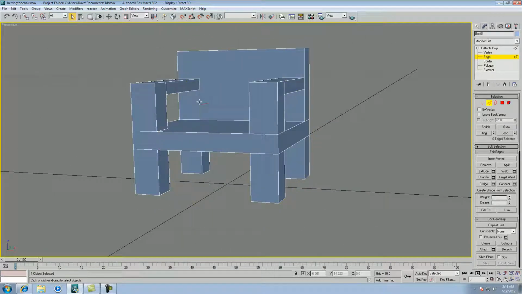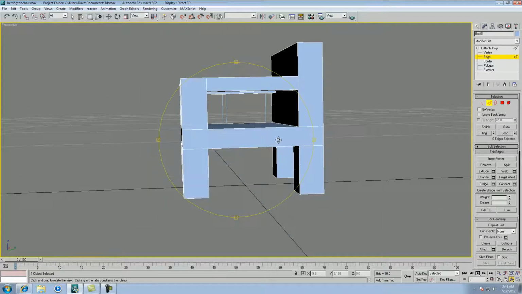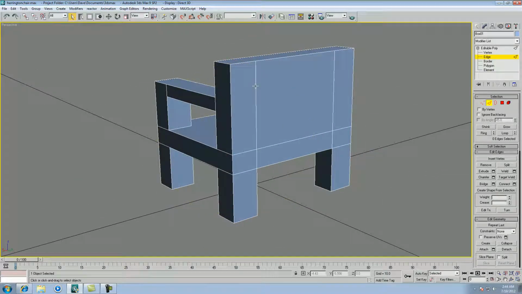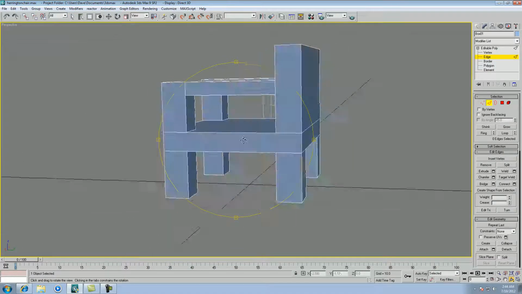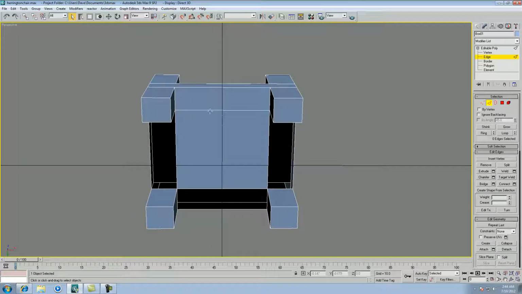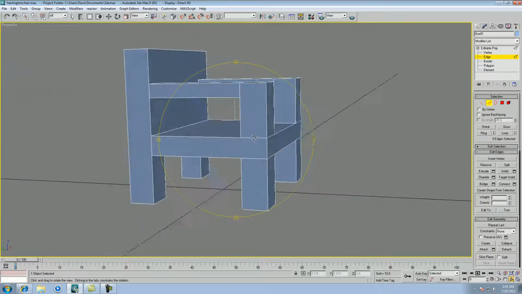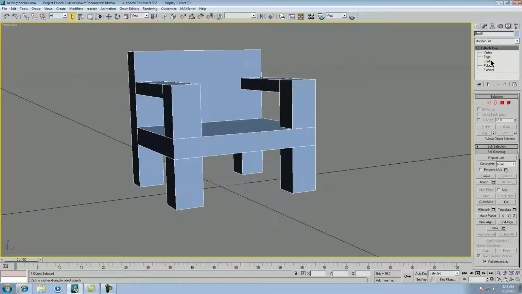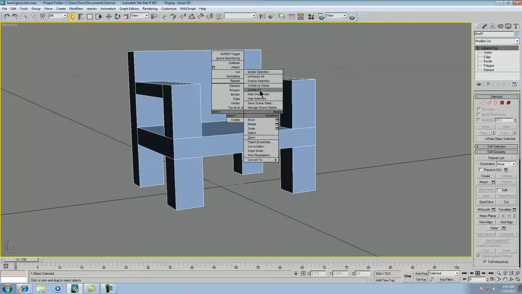And remove this one. So as you can see, that's why it's so much better to just get 3D Studio Max, because you have a lot less work. Actually, we'll leave that one. You have a lot less work in 3D Studio Max than you do in Gmax. Okay, and then once you have all these made, you can just come over here and delete those. Okay, now we have our simple chair made. Now we'll do unhide all, right click, unhide all,